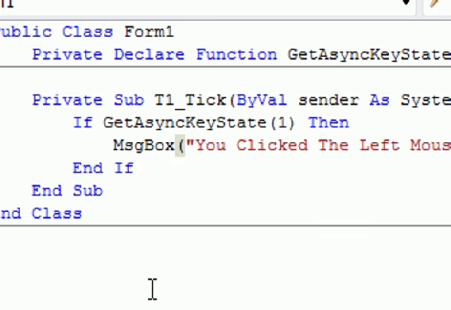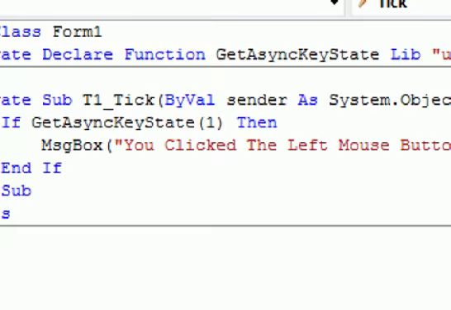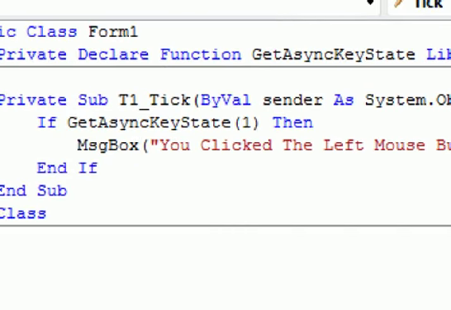Something like that. You can see that detects the left mouse button.